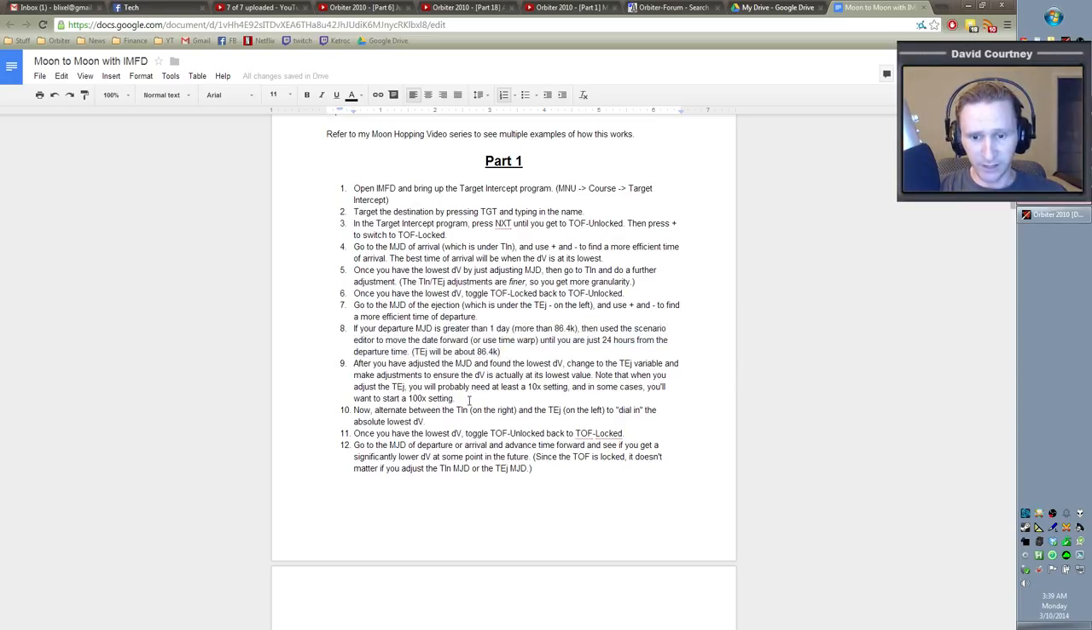So we don't have to do that, but now let's see what our next step says. After you have adjusted the MJD and found the lowest DV, change to the TEJ variable and make adjustments to ensure the DV is actually at its lowest value. Note that when you adjust the TEJ, you will probably need at least 10x setting, and in some cases you will want to start